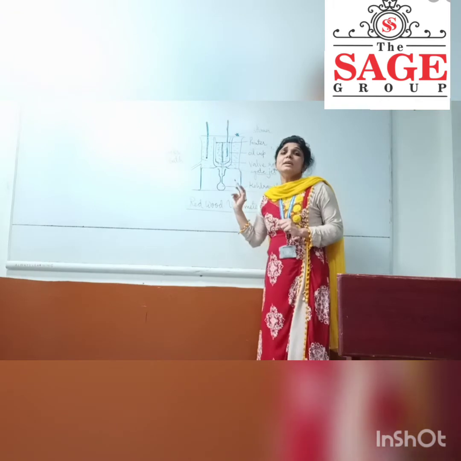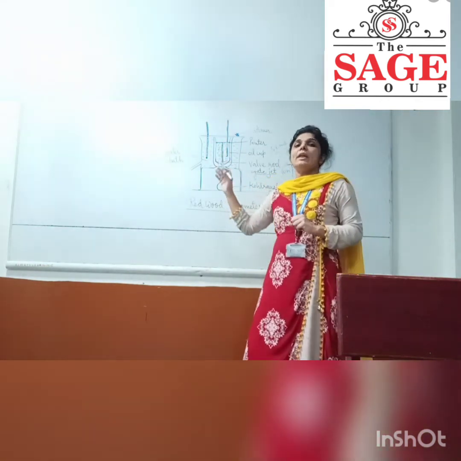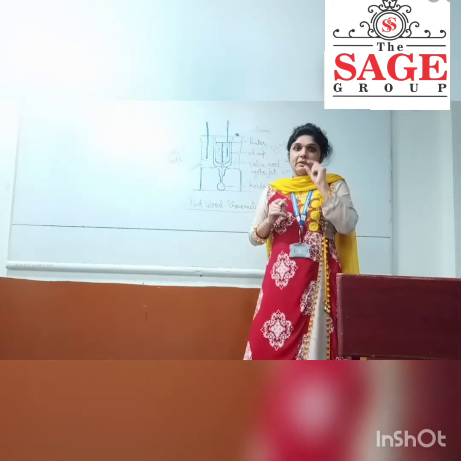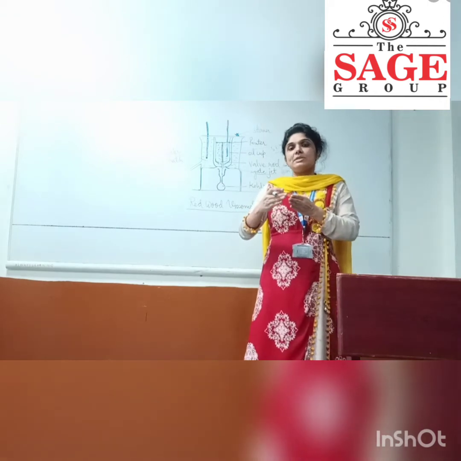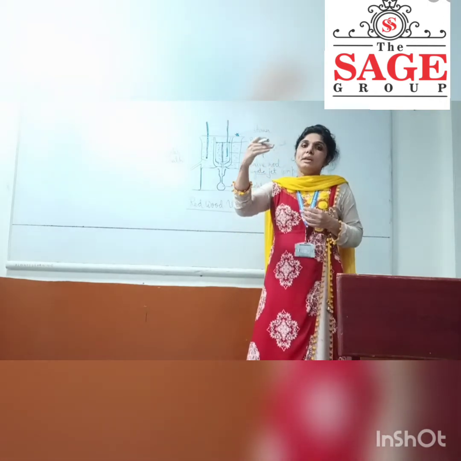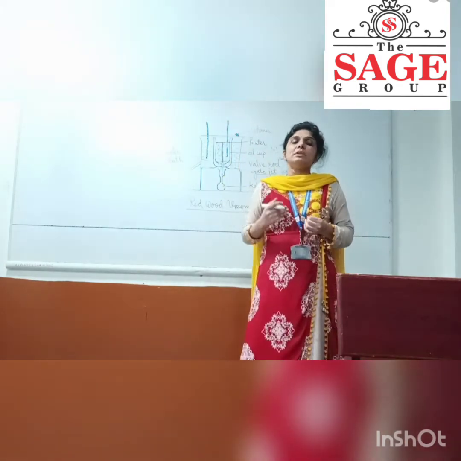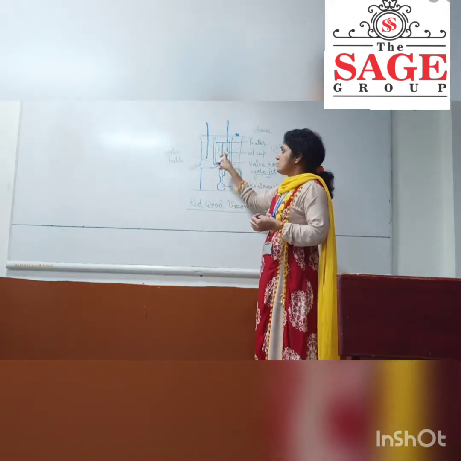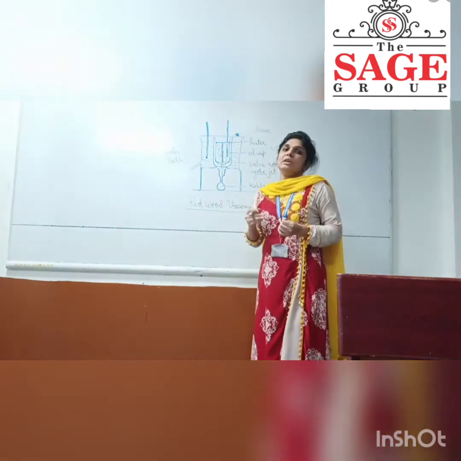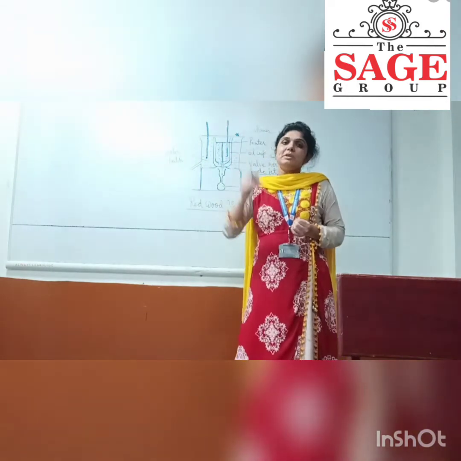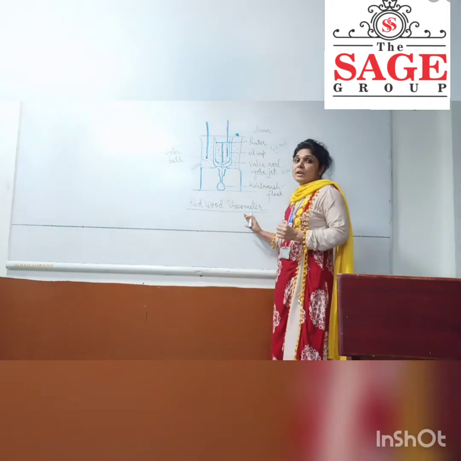Now you will ask, what is the use of this outer jacket? This outer jacket is used when we want to find the viscosity of the oil at elevated temperature. We can find the viscosity at room temperature, then heat it to 40 degrees centigrade, then 50, then 60, then 70. So at many elevated temperatures we can find the viscosity of the same oil. And definitely the viscosity will decrease as the temperature increases. So this was about the Redwood viscometer.